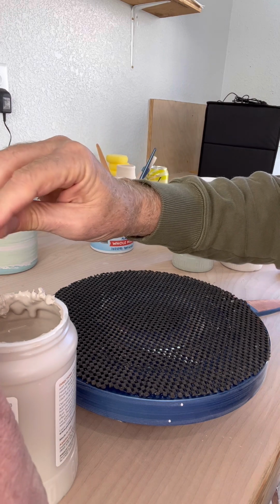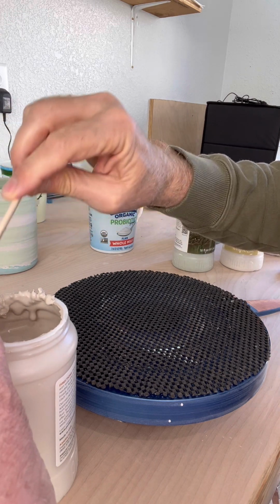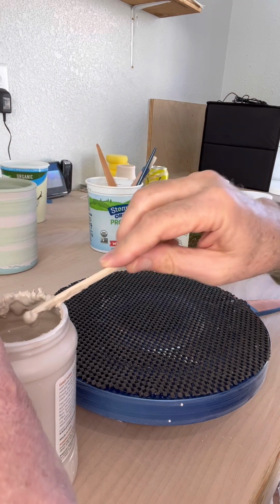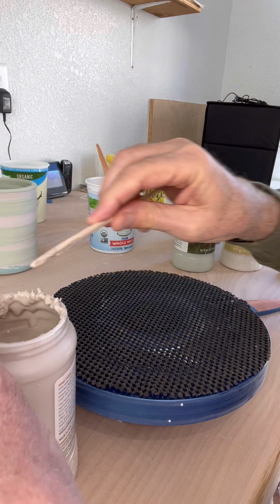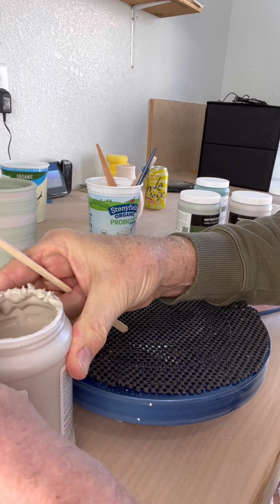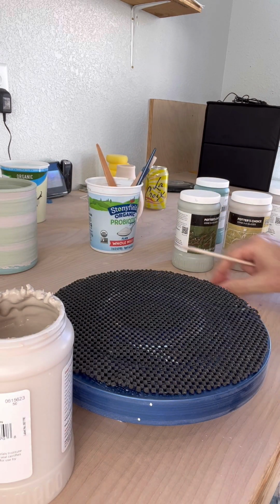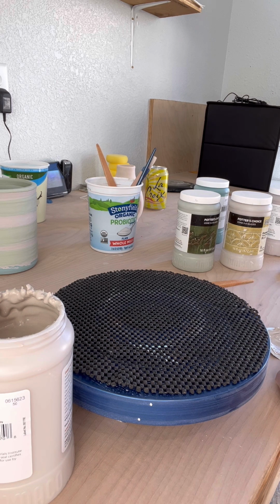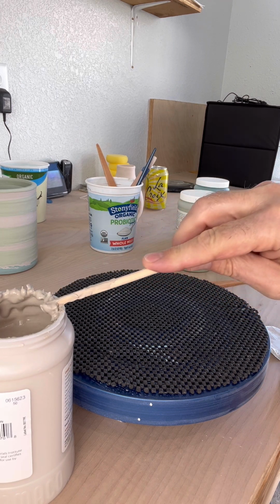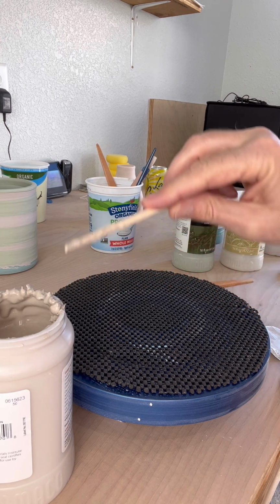And of course, there's still so much to learn with them and where you can apply them. But it seems like on some of them, they're better if you put them down first and then put color on top of them. And then on others, it seems like it's better if you put it on top. And I know I mentioned in the last video with oatmeal, I think you can pretty much, with iron luster, put honey flux on the bottom and then put the iron luster on top and you get